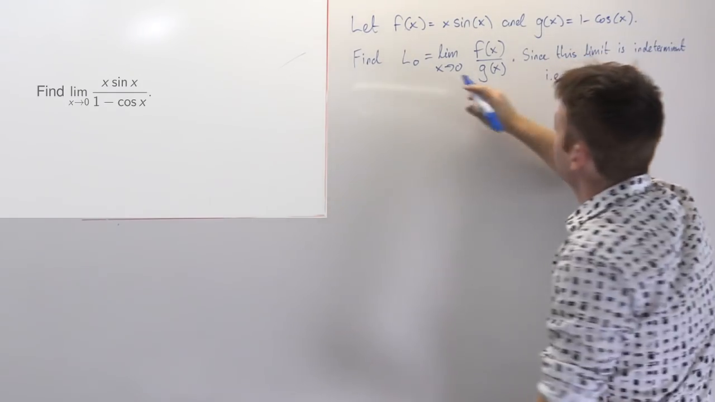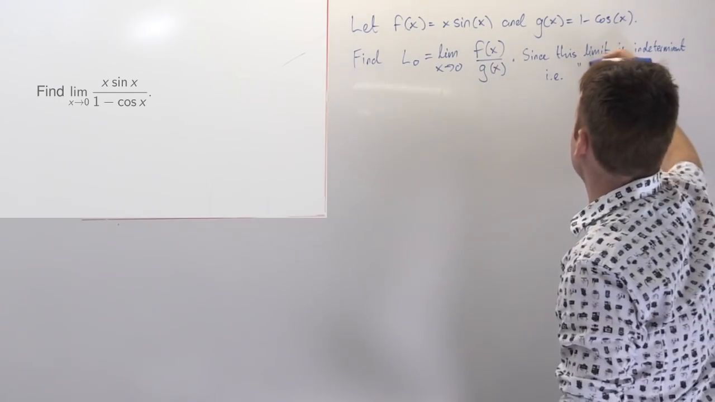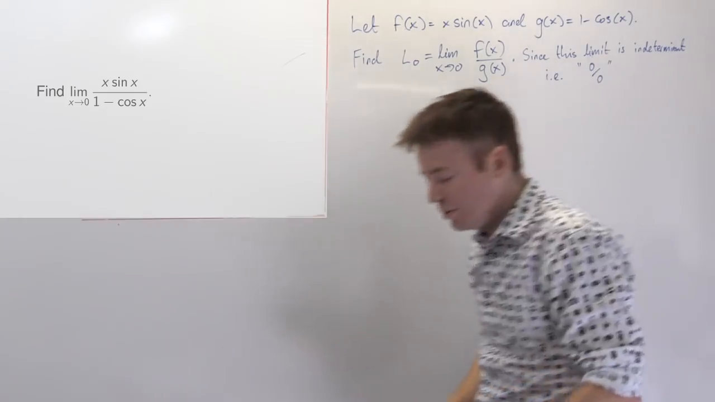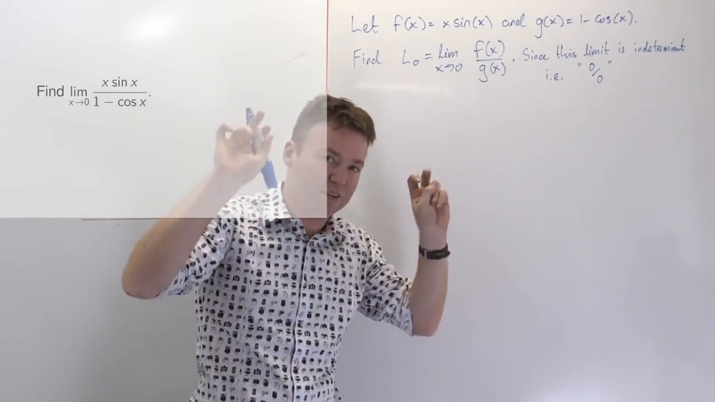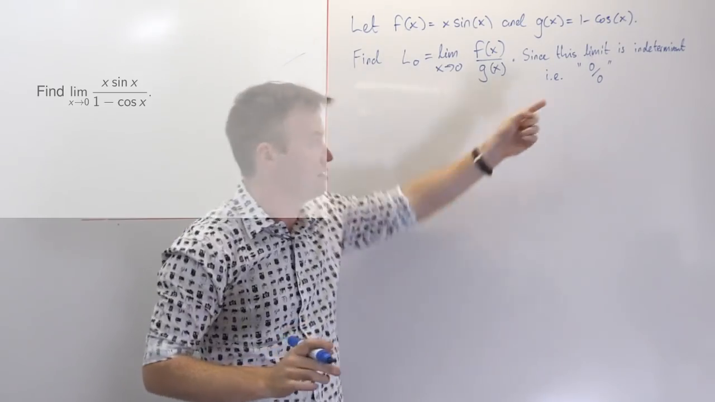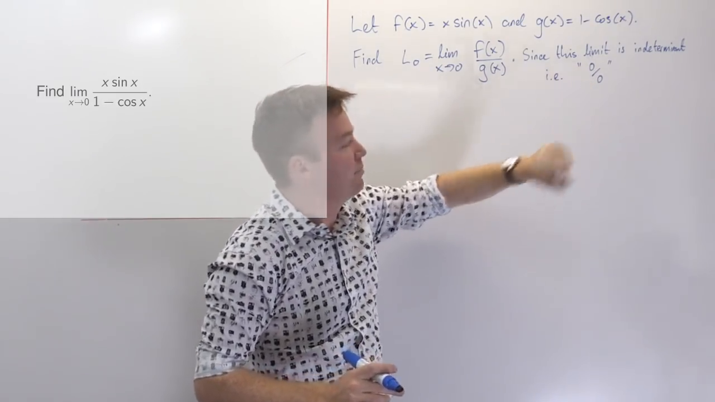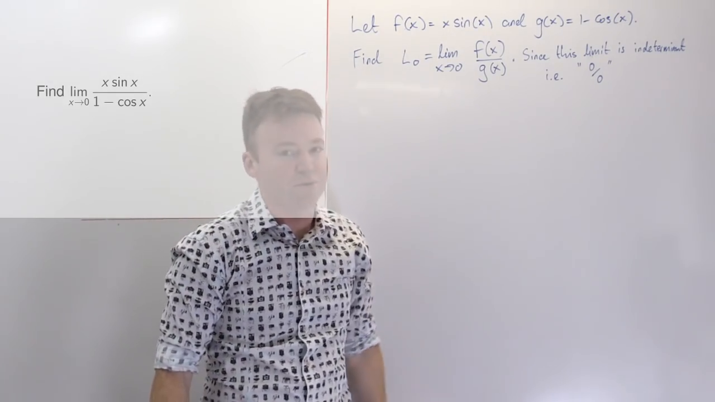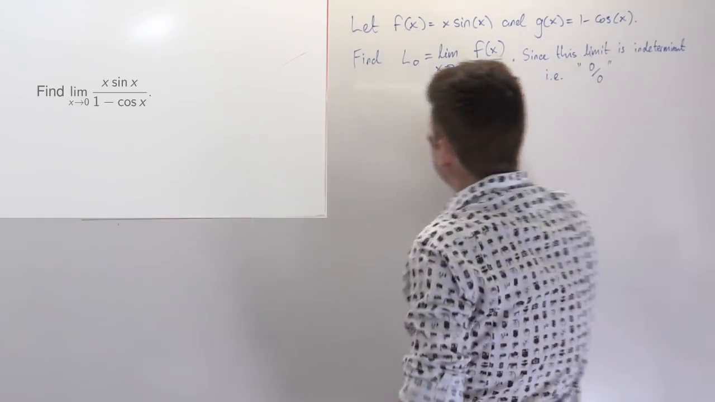And by that I mean, what happens when x goes to 0? This goes to 0 and this goes to 0. So 0 over 0. This is one of the two indeterminate forms. I say 0 in quotation marks, because that doesn't make any mathematical sense. It's not a number. And also infinity over infinity, whatever that means, is the other indeterminate form. Since this is indeterminate, then